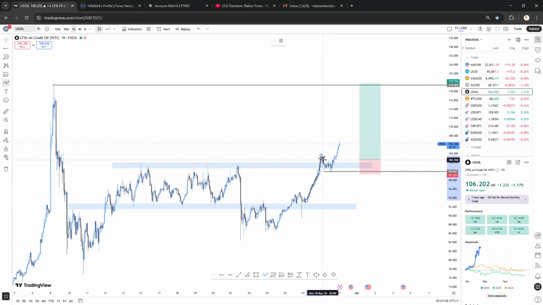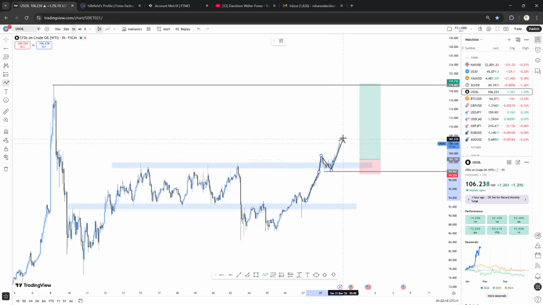So I was waiting for a pullback, a correction. I was patiently waiting. But when I came back to my chart, I discovered that the pullback had happened, the correction already happened, the continuation happened. So what I would have done was set a buy limit, but unfortunately my mind was not there. I don't know what happened last night. I guess because it was a Sunday and I was so tired. So I came back to my chart, and the market had already moved.